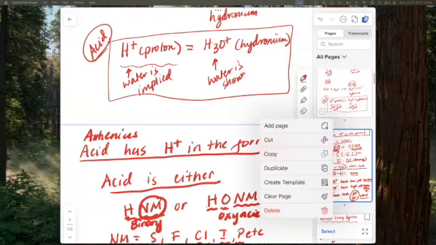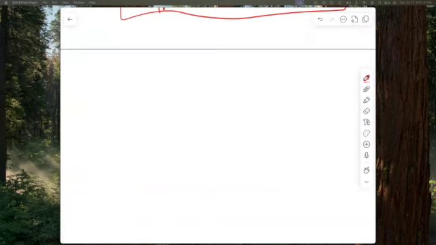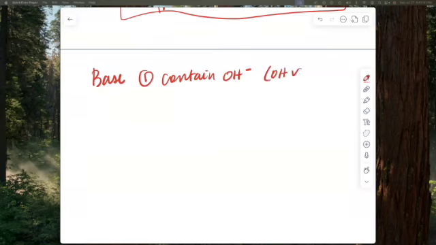With the base, Arrhenius says that the base is a chemical. It has to contain an OH ion, but that's not the only requirement. A base must contain the OH ion in the formula. So you have to see the OH. It has to be somewhere, OH must be visible. Okay. Number 2, in water, comma, base must